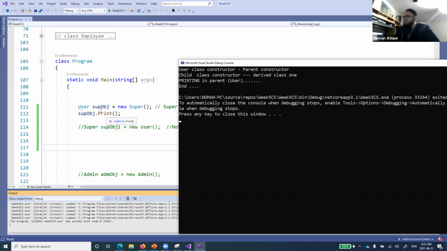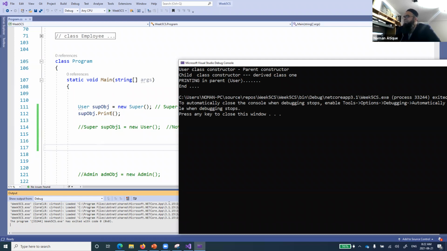What does that mean? When I am creating the object of this class, the object created was the child class object. But the method that has been called, with the reference variable being the parent, is accessed from the parent class. Is that right? Which is not something we want over here.